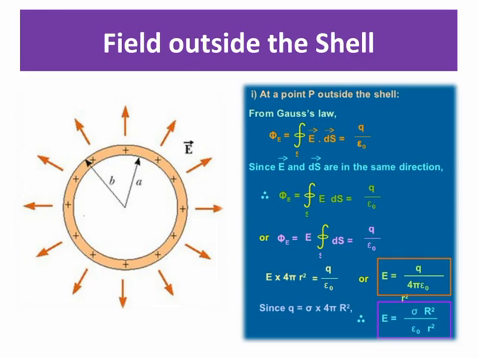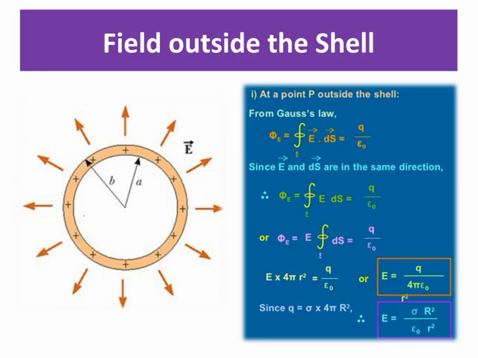From the Gauss law, the closed integral of E vector dot dS vector equals Q divided by epsilon naught. Since the electric field and dS vector are in the same direction, we can write the closed integral of E dS equals Q divided by epsilon naught, and also we substitute the value of area,